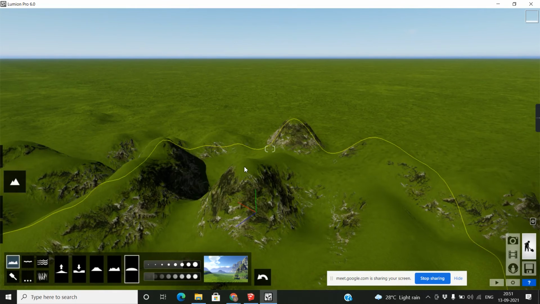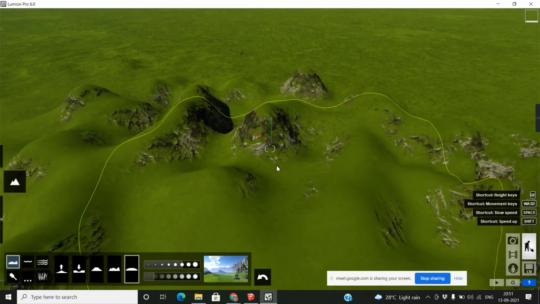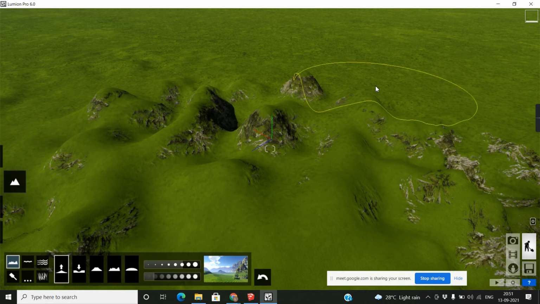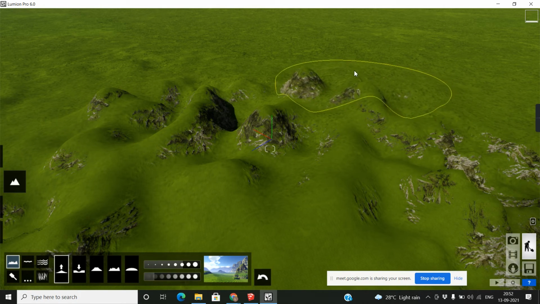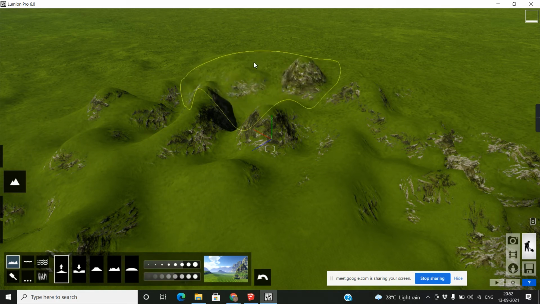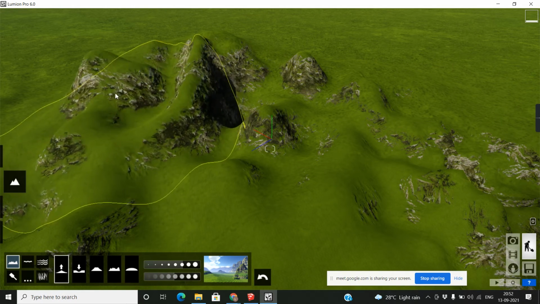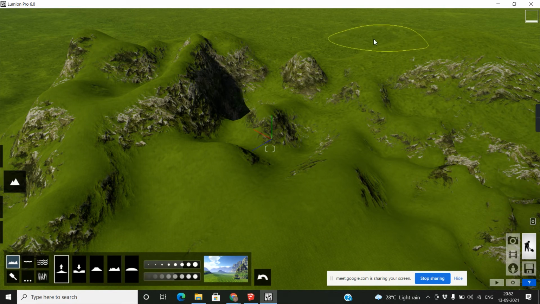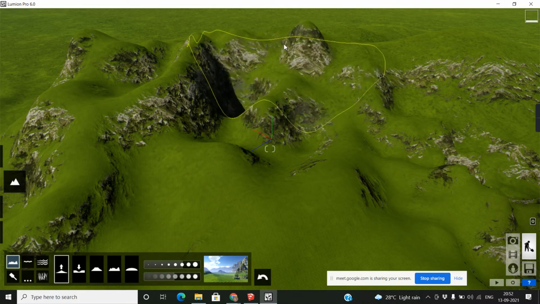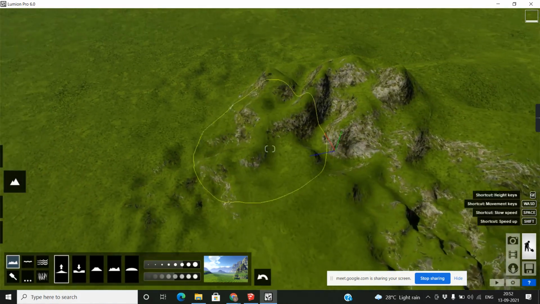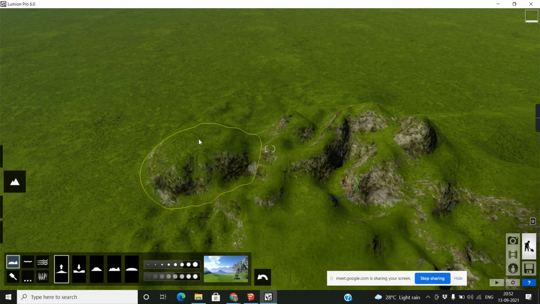Okay. Now the next part is again very useful. I just create a rise, so just make it rise a little bit up. In fact, increase the brush size. And after brush size, I want water on a particular area.